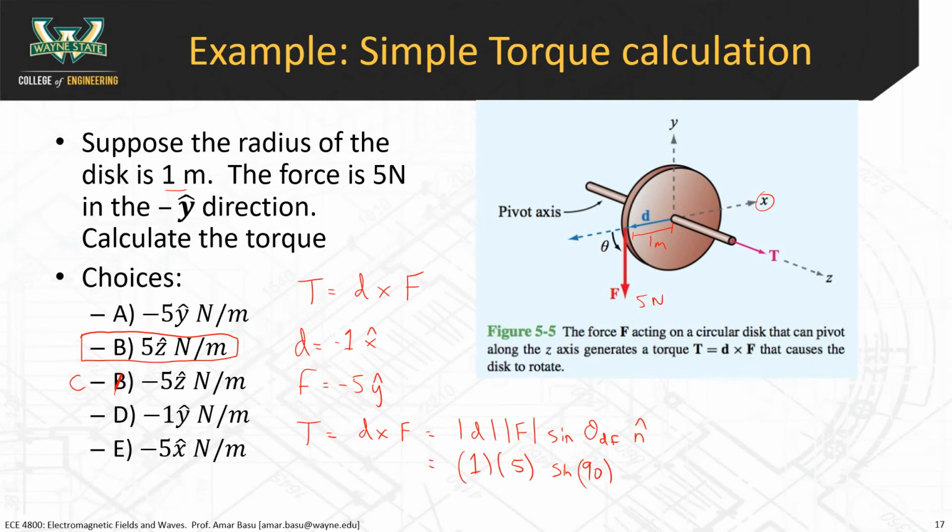Okay, right-hand rule, the first vector, so think about your index finger pointing in the direction of D, middle finger pointing in the direction of F, and your thumb points in the direction of T. So think about your index finger pointing in D, middle finger pointing in F, and your thumb pointing in the direction of T. And so the T is the z hat vector. Okay? So this is going to be 5 z hat